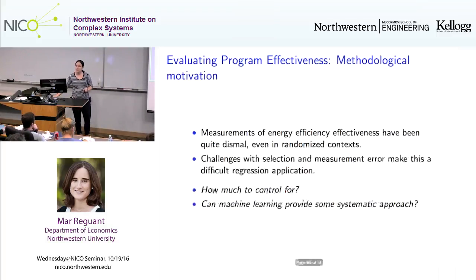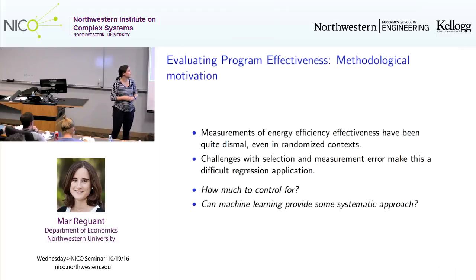Now, when thinking about these regressions, it is important in economics, and I imagine in other fields too, that measurement error can be a big challenge. I don't know if you're familiar with measurement error, but typically when you have something measured with a lot of error, you will tend to find a small coefficient. Now, why is this relevant here? Policymakers want a big coefficient. And if you have a lot of measurement error, it will be extremely hard to find that big coefficient that the policymaker wants. So we feel that in this context, this machine learning can also be useful.